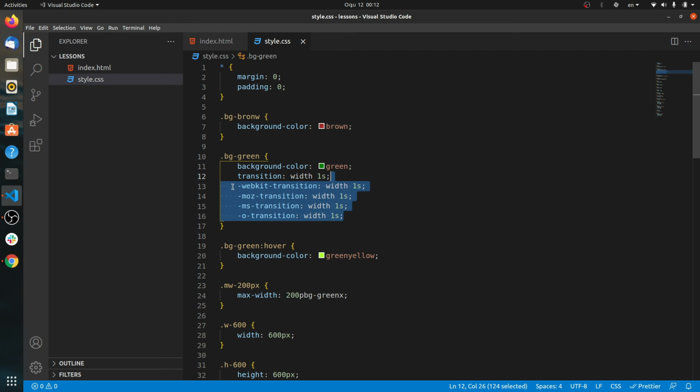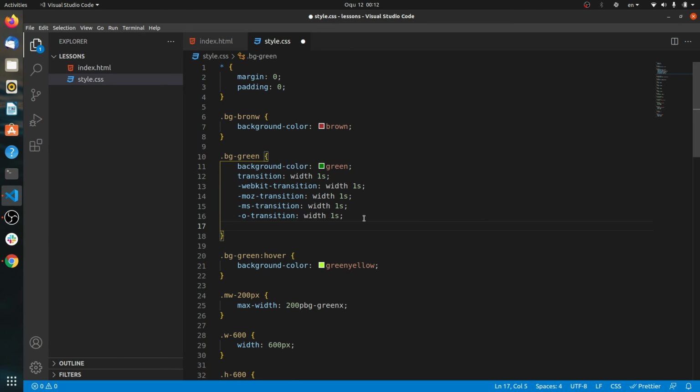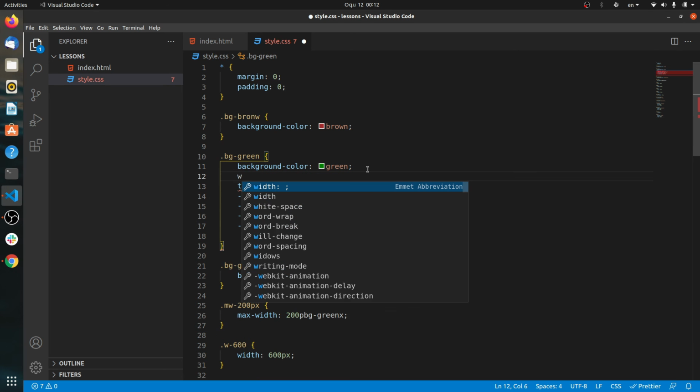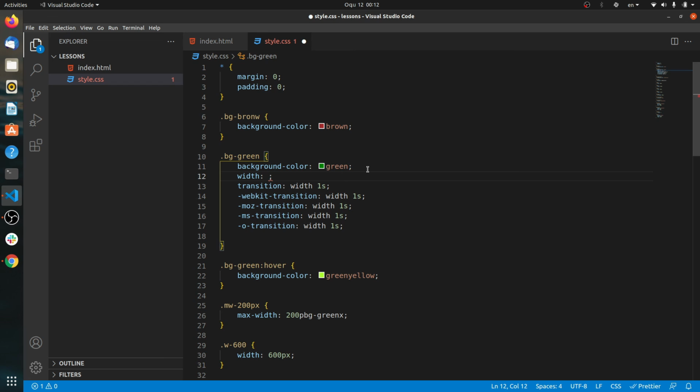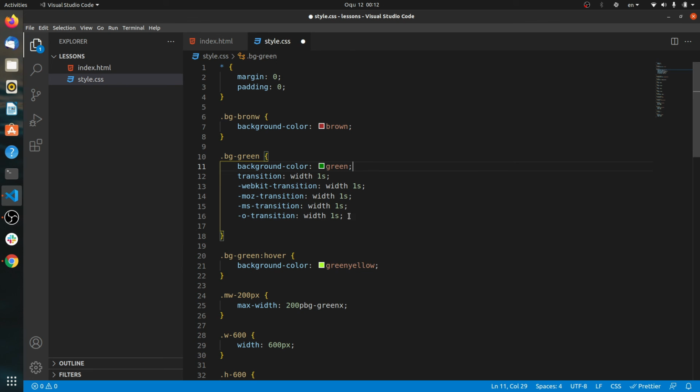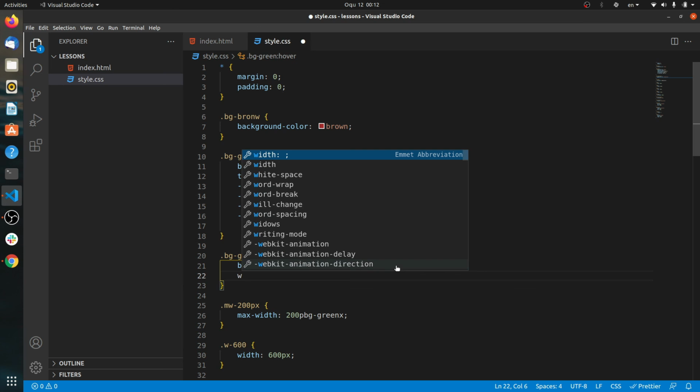Alright, so this is for other browsers, so this will work on other browsers too. We have already written the transition. Let's write width here, 100. It already has the width. I forgot, we already added the width. Okay, so on hover, let's